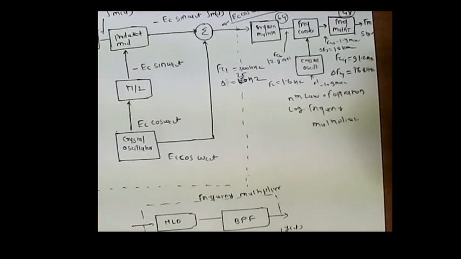So in this lecture we discussed frequency modulation generation by two methods. The first one is the direct FM method and the second one is the indirect method. So we can stop here. In the next lecture we will see noise triangle and the pre-emphasis and de-emphasis circuits. Thank you very much.